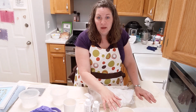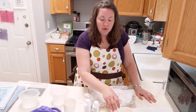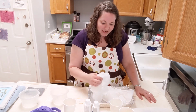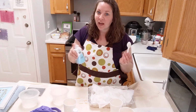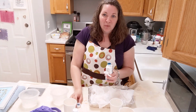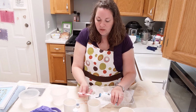So 1¼ cups, that's also 300 ml on my measuring cup as well, for those that are in other countries than the United States. So then what I'm going to do is take my plastic spoon. I use it kind of as a measuring spoon because I don't want to ruin my nice measuring spoons. And I typically will fill this